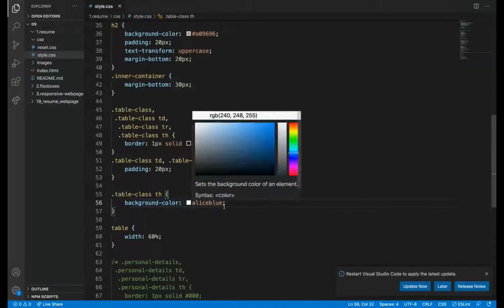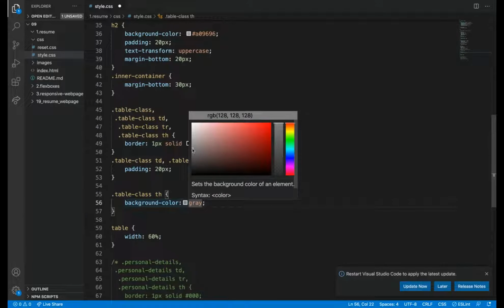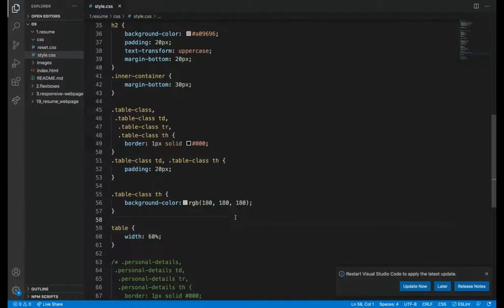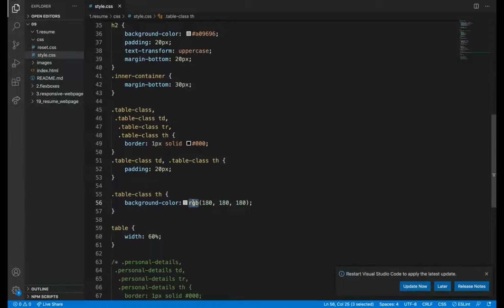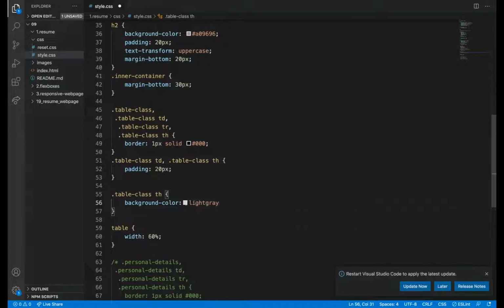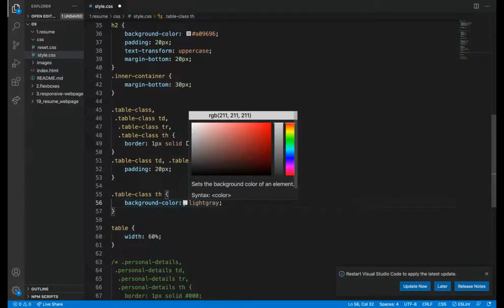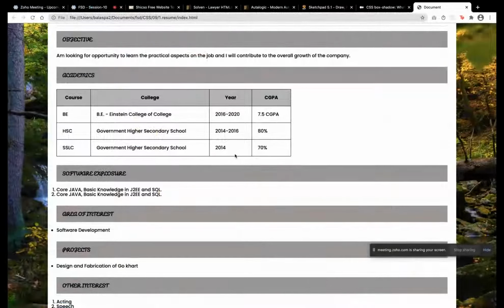Gray shade itself we can give. You can give light gray color shade. Most of the time we will go with the design. The designer will give the color code. But people who are interested in designing, and who have creativity, can go with their own thing. But mostly if the company follows the design, we need to follow that perfectly.